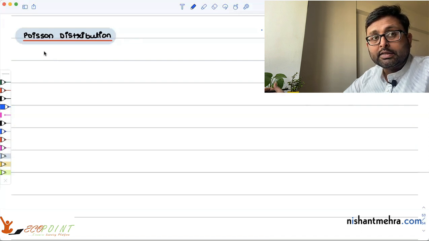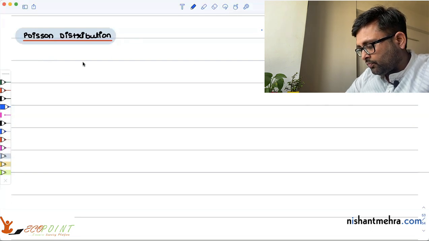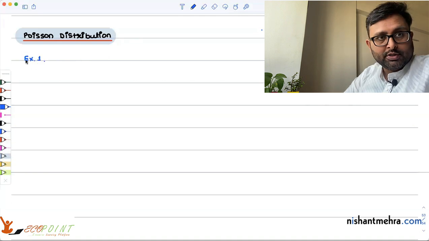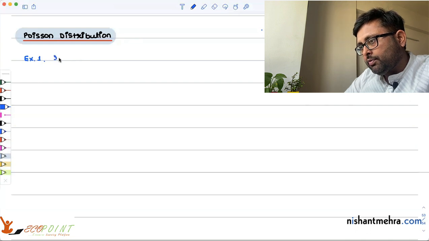And one, it is a discrete distribution. So the random variable X can take the value 0, 1, 2, 3, and so on. It's not a continuous distribution. So please write example 1. I'm not solving them, but I'm just giving you examples where it could be used, and then we'll write the characteristics of this. So if the average